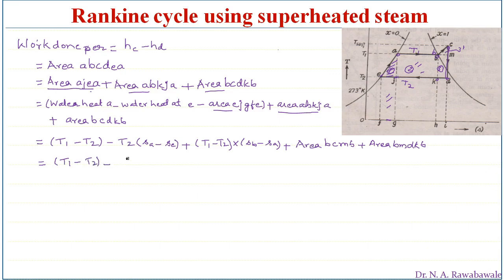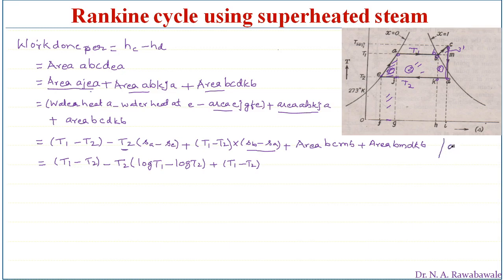minus of this T2, we take as it is, into SA, entropy at A, given as log of T1, minus SE, entropy given as log of T2, plus T1 minus T2. So this SB minus SA, we can see here,